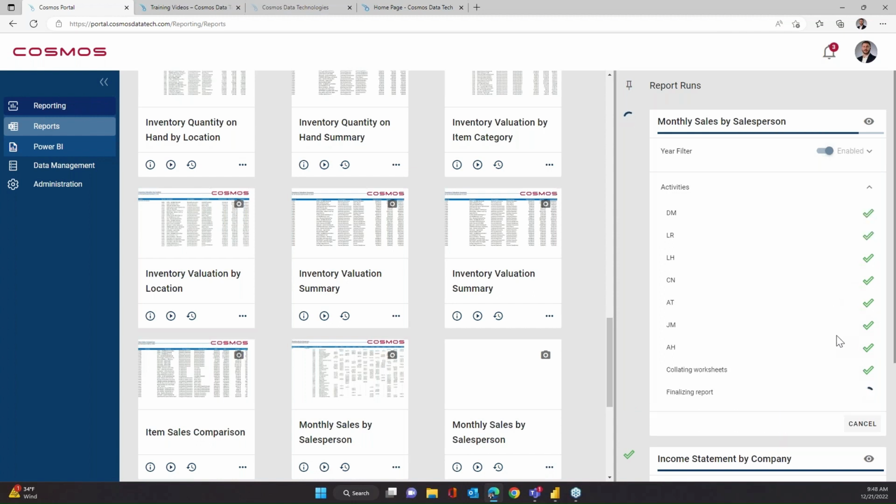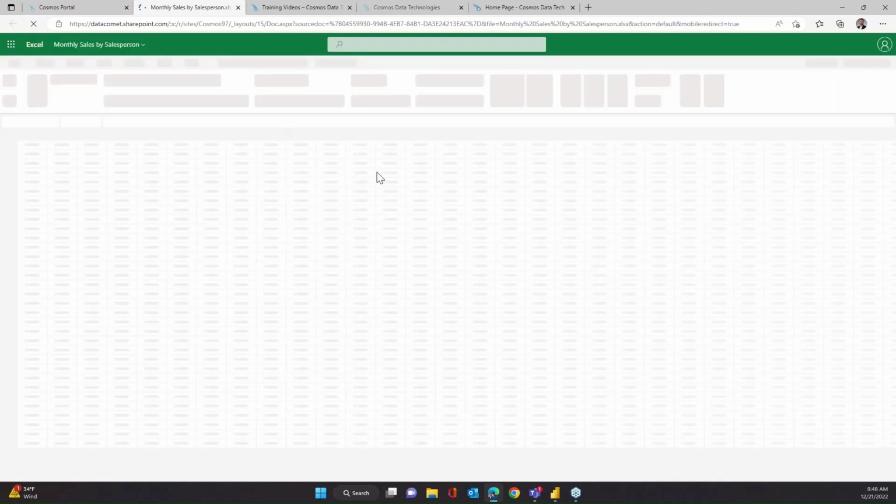They don't tie up your Excel instance. So if you're working in Excel, you can continue to do that. A lot of Excel-based reporting tools run in Excel, so they occupy Excel while they run. Cosmos does not do that, but we can see now we can open up our nice clean report, and we